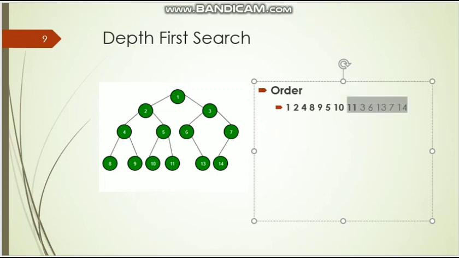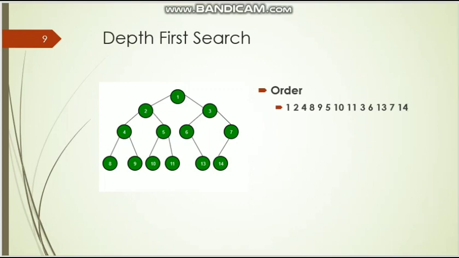Okay. So after 14 there are no further nodes in the tree, so we are coming back to 7, coming back to 3, coming back to 1, and then we came to the solution that there are no further nodes to expand. So here we have to stop. So this is the order of the depth first search. Okay, I think that it is clear to all of you.